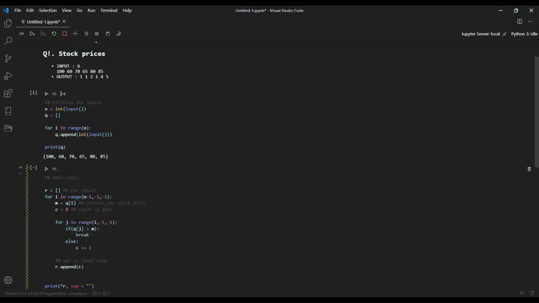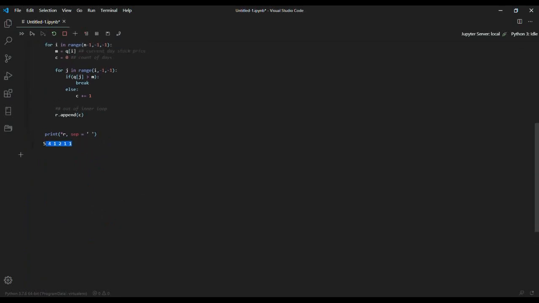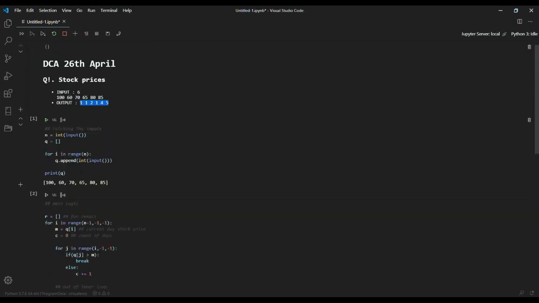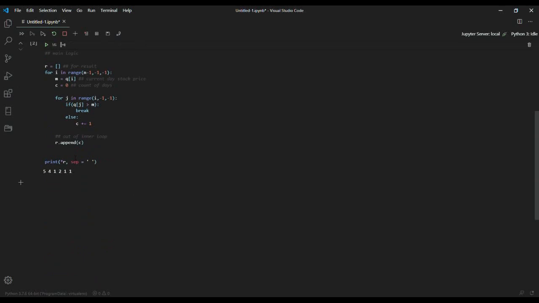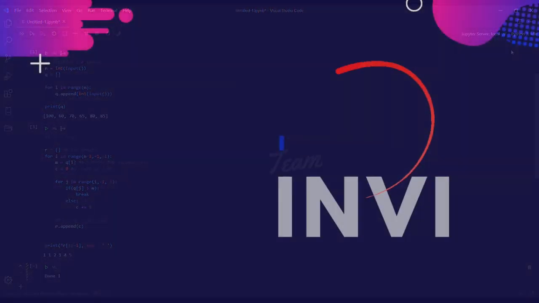When I'm appending it to the result list, there's one catch here. Since I have traversed the loop from the back, the answer would be in reverse order. That's really easy to fix. You can use slicing, that is, use the index brackets with two colons and minus one. Now using the asterisk, which is called the unpacking operator, usually used in JavaScript but used in Python as well, you can easily print out these values. This is done, and this was successful in the code.